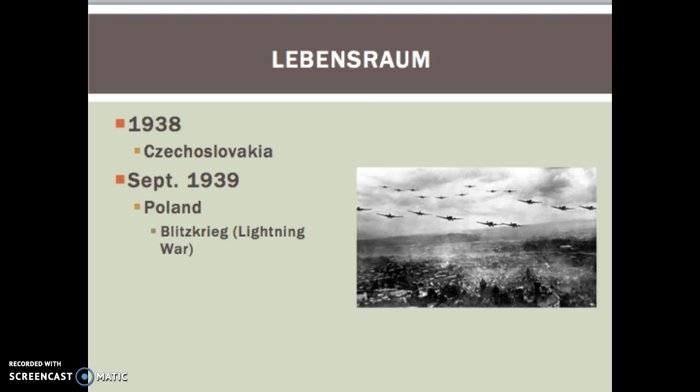Now, as I said, the German military machine now featured modern air power and modern tanks, and the Polish army was quickly overwhelmed by what the Germans termed their Blitzkrieg, or lightning war. Now, unlike Czechoslovakia, this time the other great powers will be willing to act. They will be willing to go to war to protect Poland. Britain and France will come to Poland's defense by declaring war on Germany. Another world war was now inevitable.